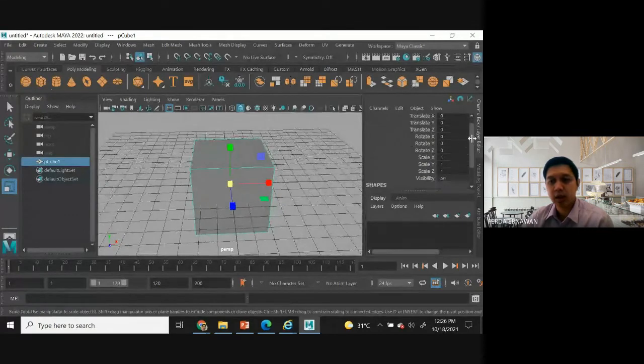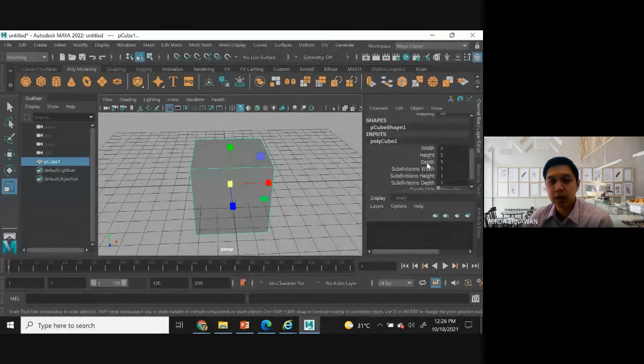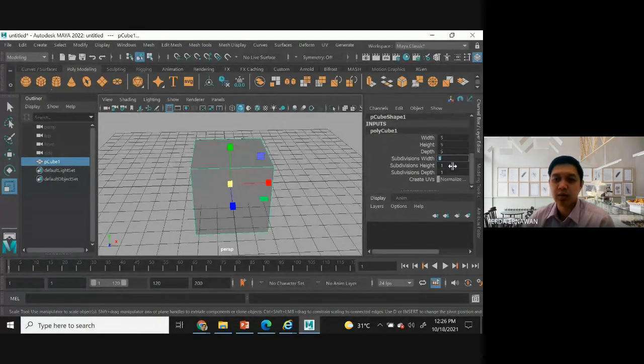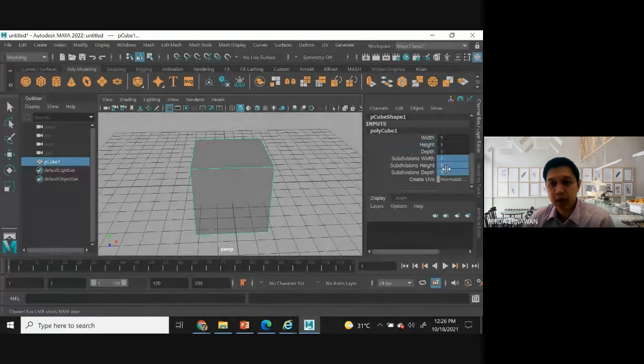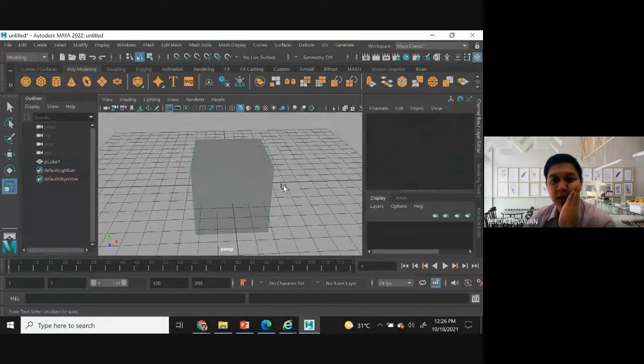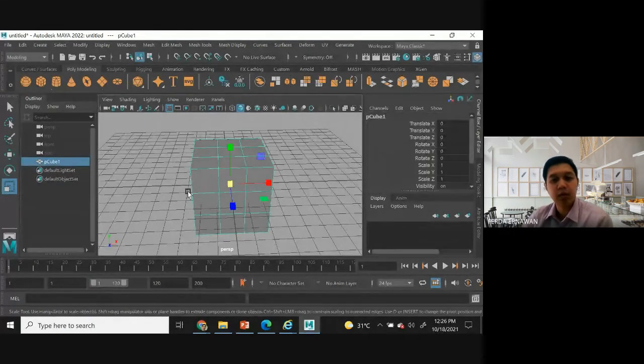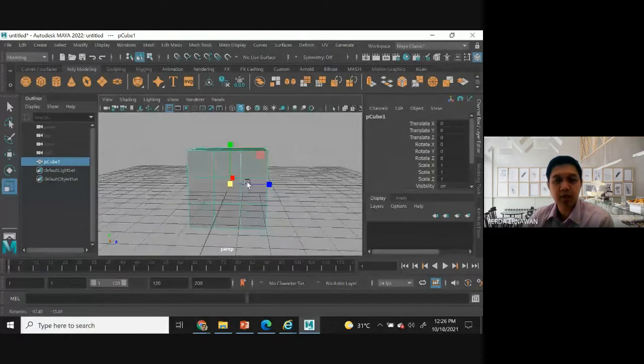You can also edit the subdivision. Let's say you are trying to subdivide the polygon. Let's say you want to divide into 3 like this. You can assign subdivision width, height, and depth here, 3 by 3 for example. So how many polygons do we have now?